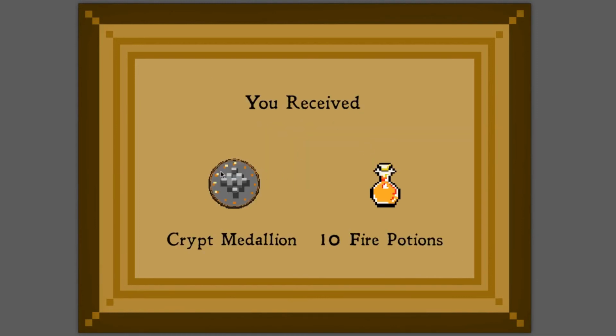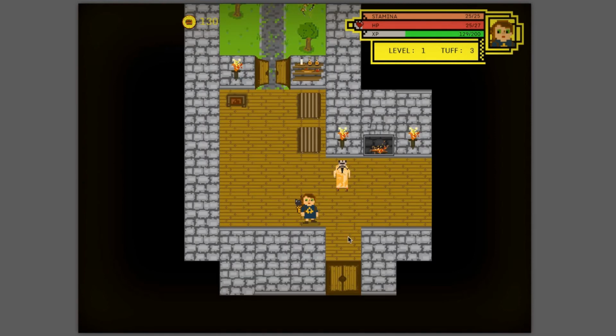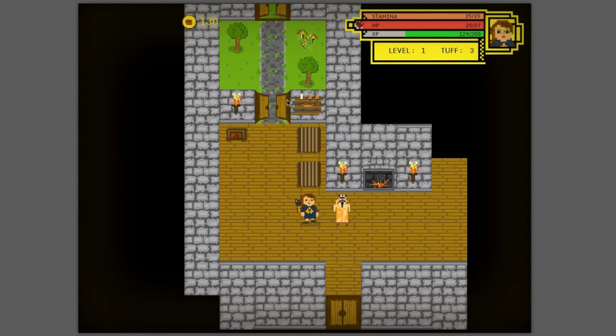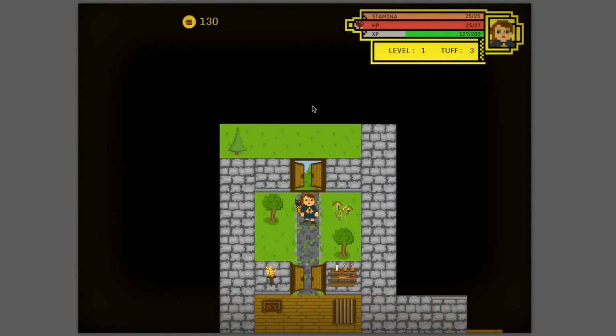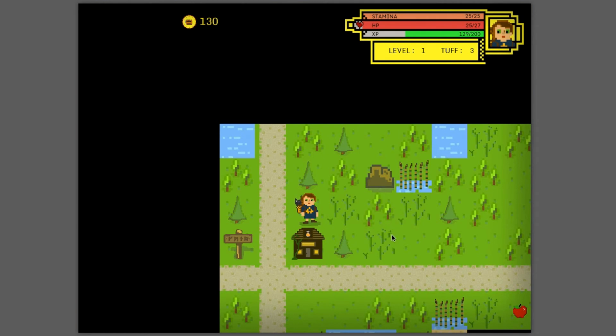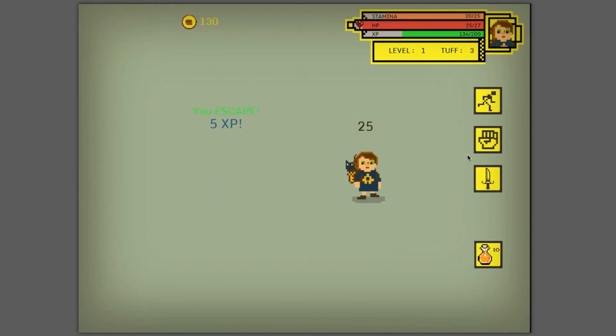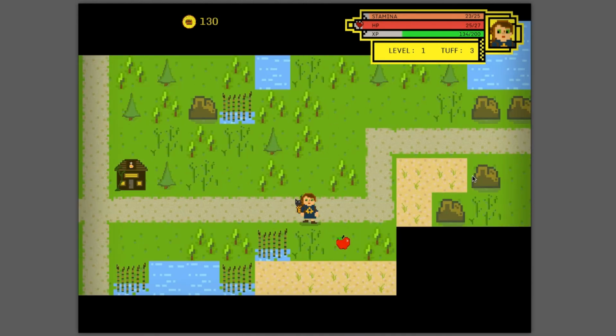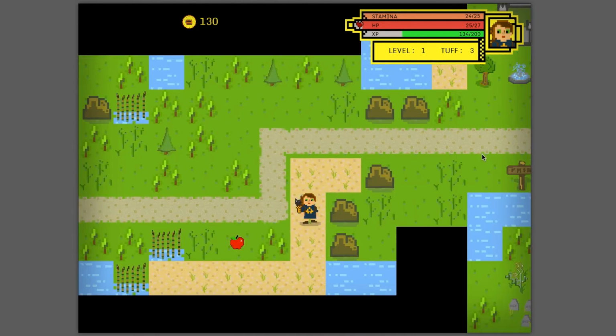So he gives us this medallion to get into the crypt and some fire potions to deal with the undead there. There's a bit of a problem in the land with the undead rising, and also with the king being sick. So we can now get into the crypt, which is back here, but let's call it a day there. So let's stop this